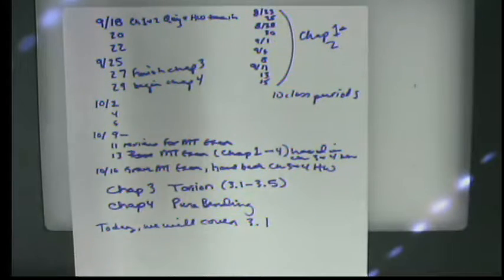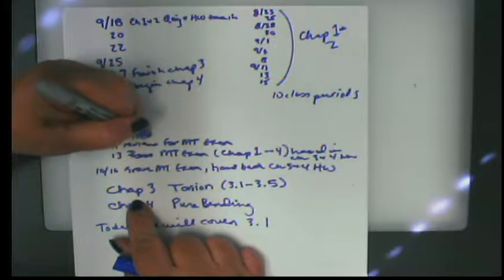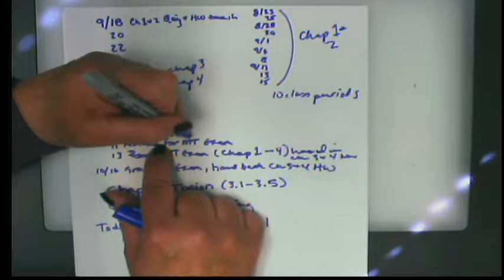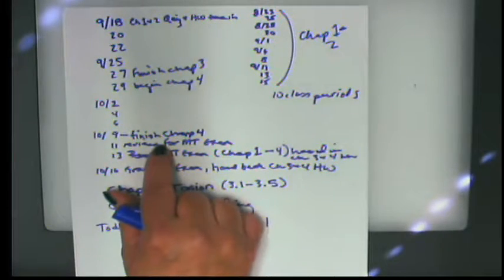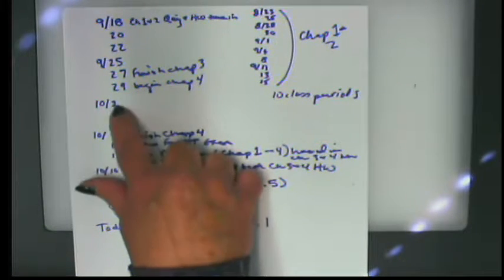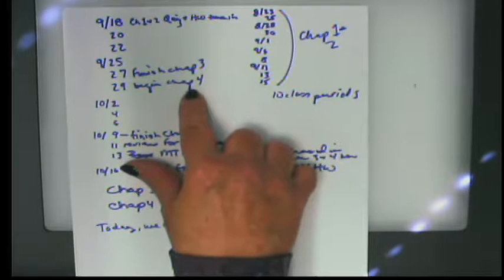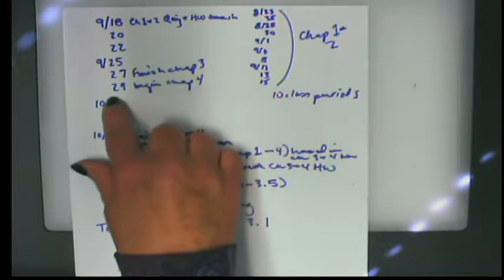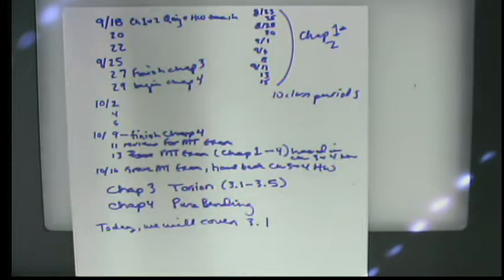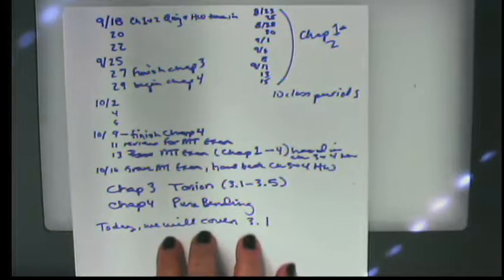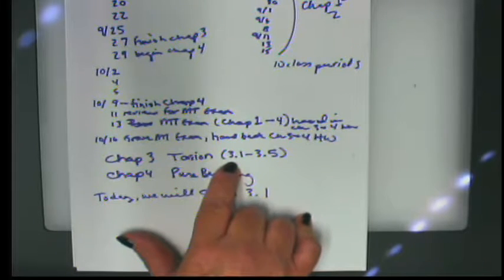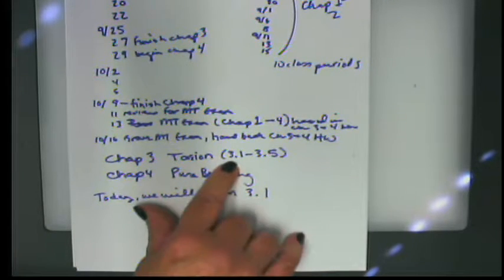And I wanted to leave a day free to review for the midterm exam. So that means that working backward, on the 9th of October, we will finish chapter 4. That's a tentative date. We may be a day or two off. But basically, that gives us 5 periods, 1, 2, 3, 4, 5, to cover chapter 4. So we'll begin chapter 4 on the 29th of September, which means that we have 5 class periods beginning today to cover chapter 3. Now, the topic of chapter 3 is torsion or twisting, and there are 10 sections in